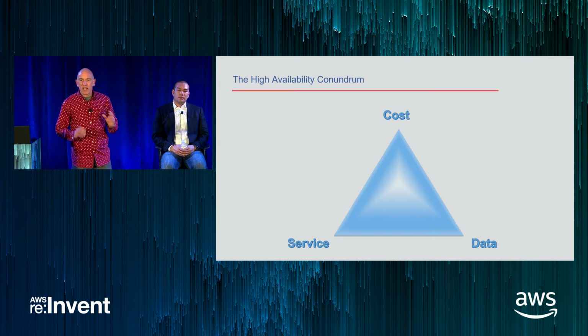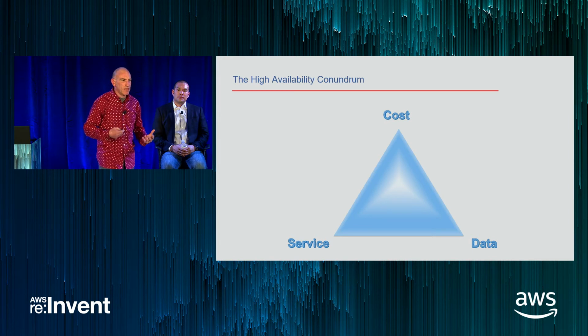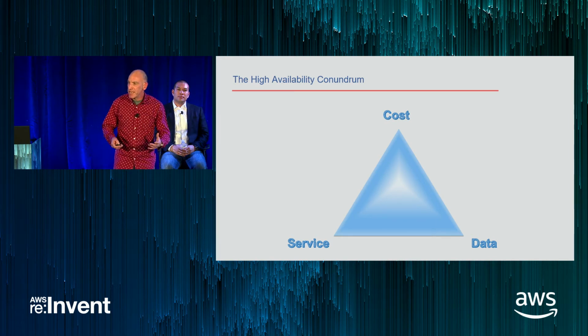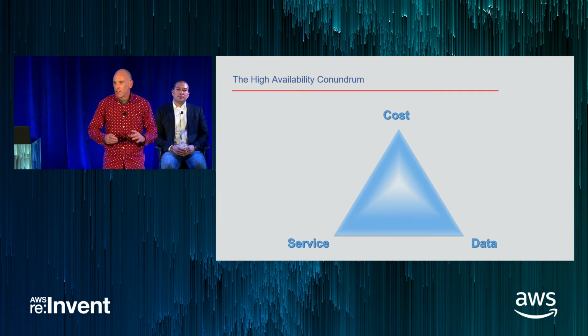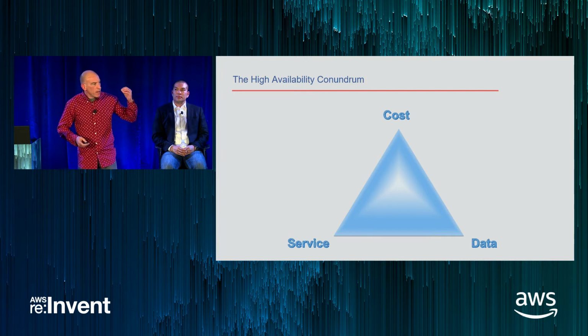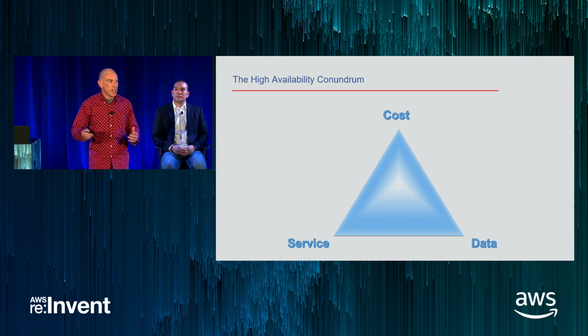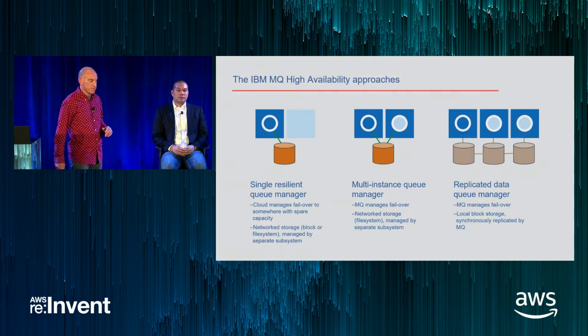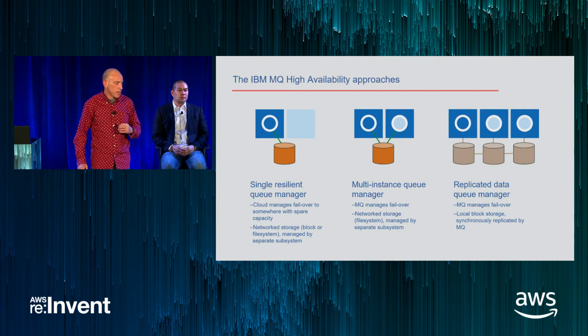But all of these things come at a cost. I talk to some people and they think of HA as being some sort of binary. You're either highly available or you're not. Well, no, it's much more of a spectrum. And again, as you saw this morning from Werner, you can talk about 2 nines all the way up to 6 nines. And the solution you come up with to solve that will vary depending on how much you want to pay for it. Here are some of the options that we offer in MQ at the moment.